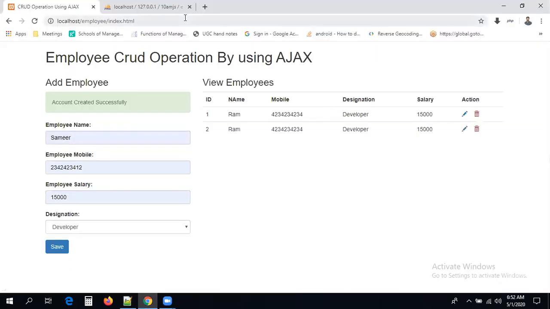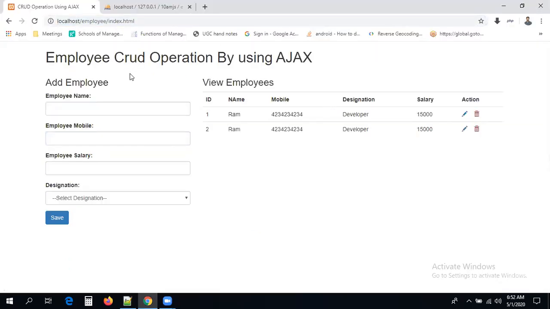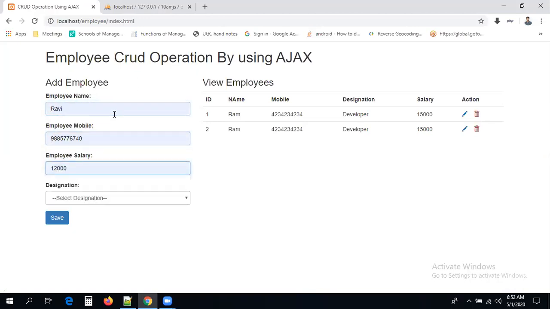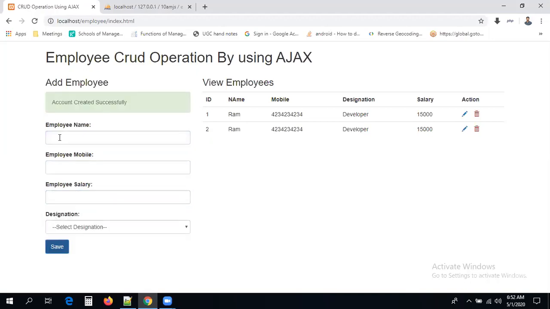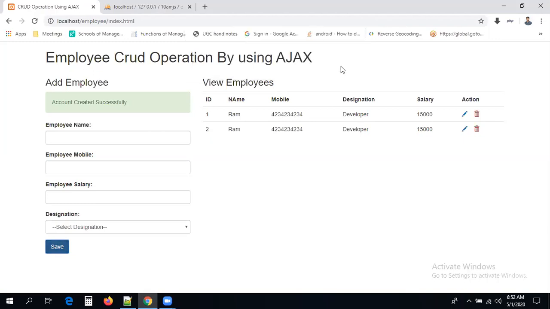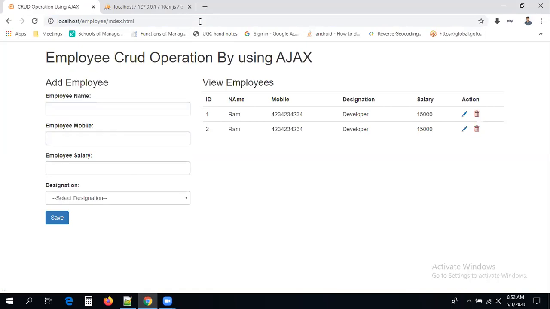Now you can check it. I'm going to enter some data. Now you can see we got the success message. And what about this form data? Now the form data was cleared. So we don't want this form data. Now if you submit it again, what is going to happen? It will start from scratch. Enter employee name, enter salary, employee designation, all will come, guys. So this is nothing but adding data to the database.